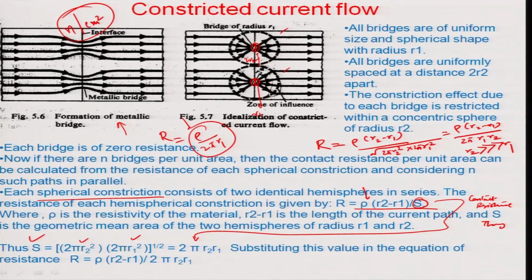Therefore, both the half bridges here and here are in series. So, the total resistance should be twice rho by twice pi r1, and there are n such bridges per unit area in centimeter square. These n bridges are more or less parallel resistances. You can assume that